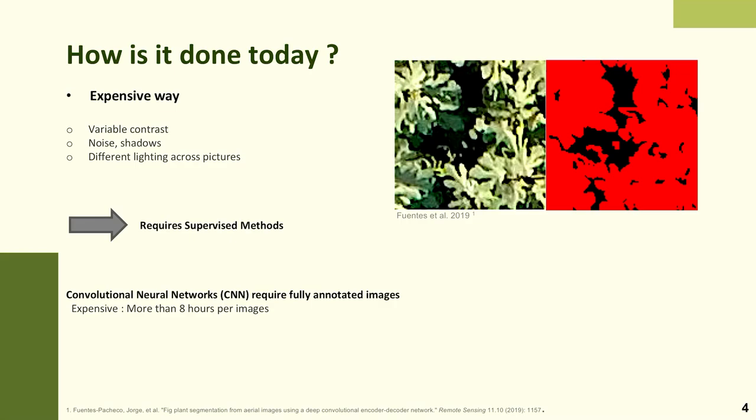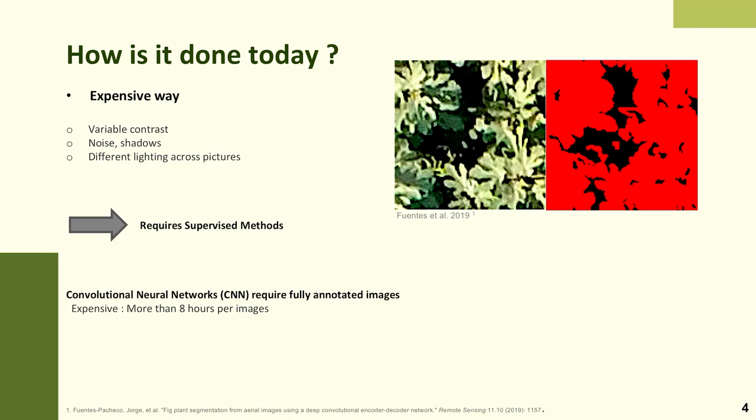So how is it done today? Doing segmentation outside is a tough task because of the very diverse conditions across the images. The contrast between the plant and the background can highly vary, and there can be shadows, and also the lighting condition is highly variable. And all this heterogeneity makes the task often too hard for unsupervised algorithms